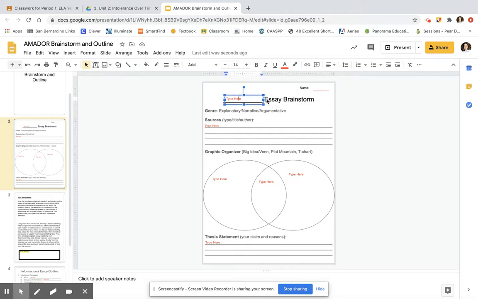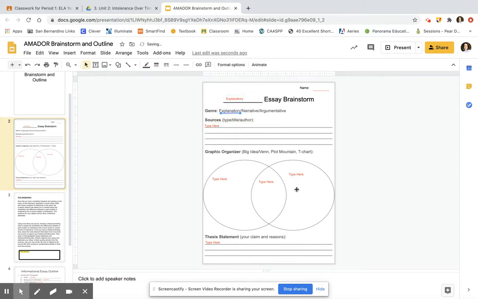The second part where it says what kind of essay we're writing, I want you to think, what kind of essay are we writing? Are we writing an explanatory essay, a narrative essay, or an argumentative essay? Go ahead and pause your video and type. All right, hopefully you paused your video. This is an explanatory essay. So remember, for genre, it would be explanatory, narrative, or argumentative. We're going to add a line to underline which one we're writing. So we're writing explanatory. That way it's just there.